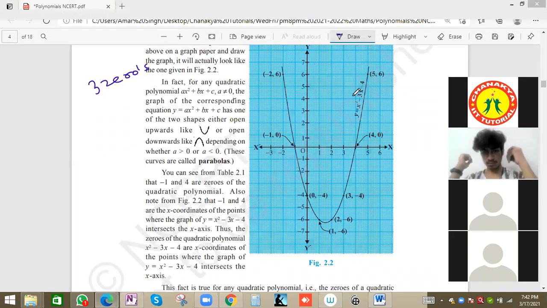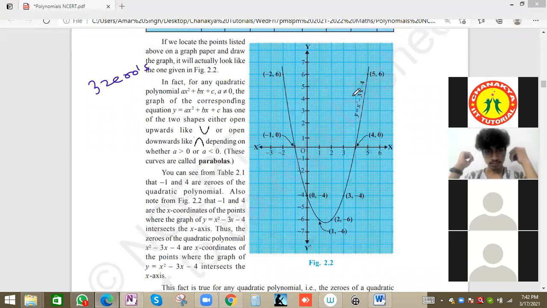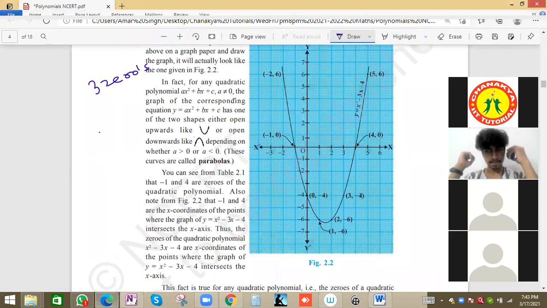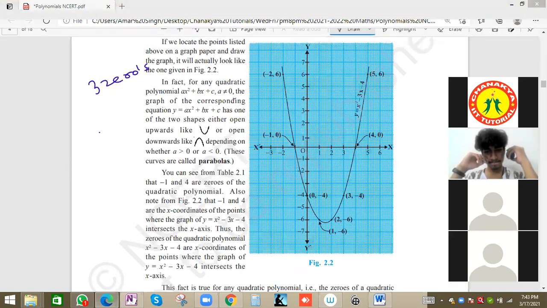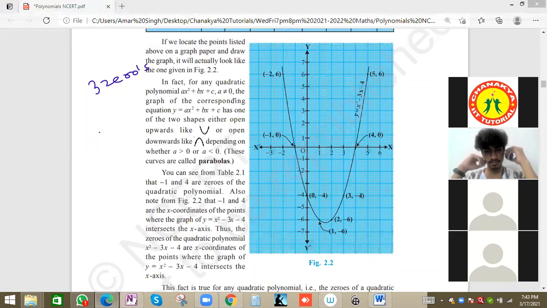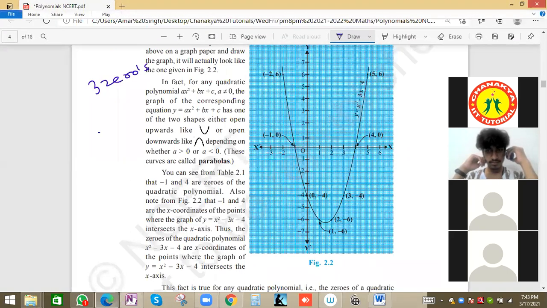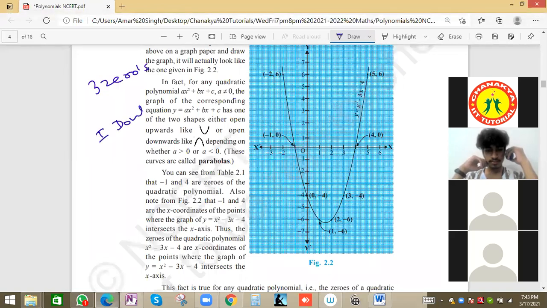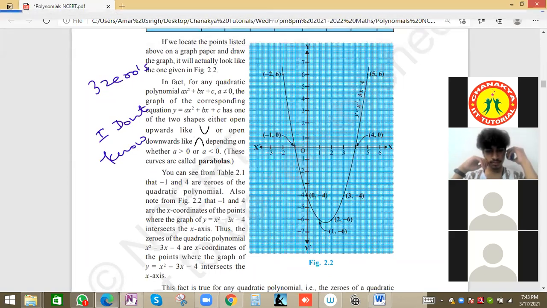One more important thing: if anyone does not know the answer, they can type DNK. What is DNK? Do not know. Sir, IDK. I don't know is also fine. I don't know is very important, because we should admit that we don't know. We have to type it in the message directly. In short, we can write IDK.